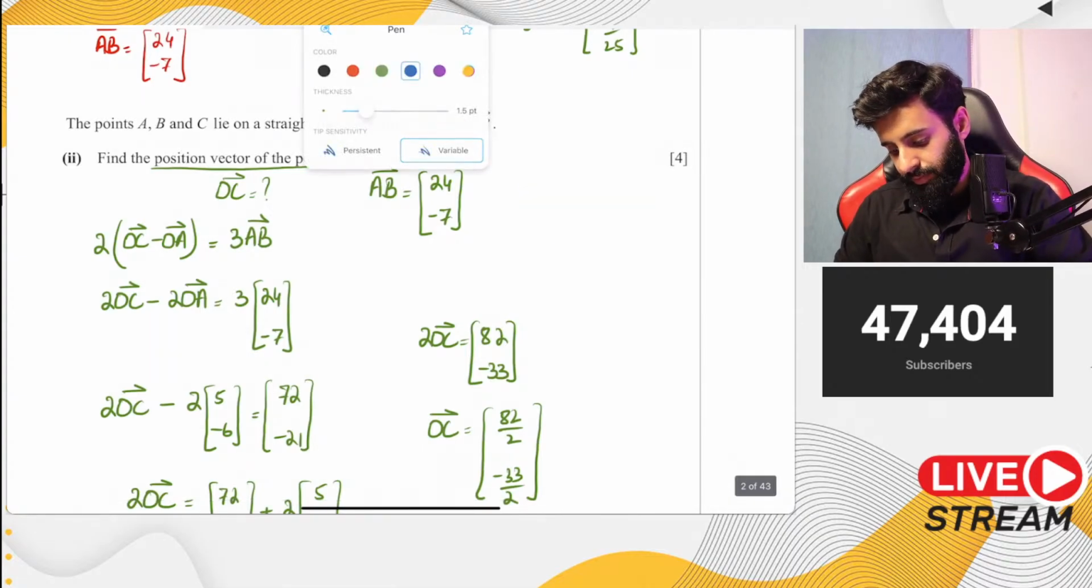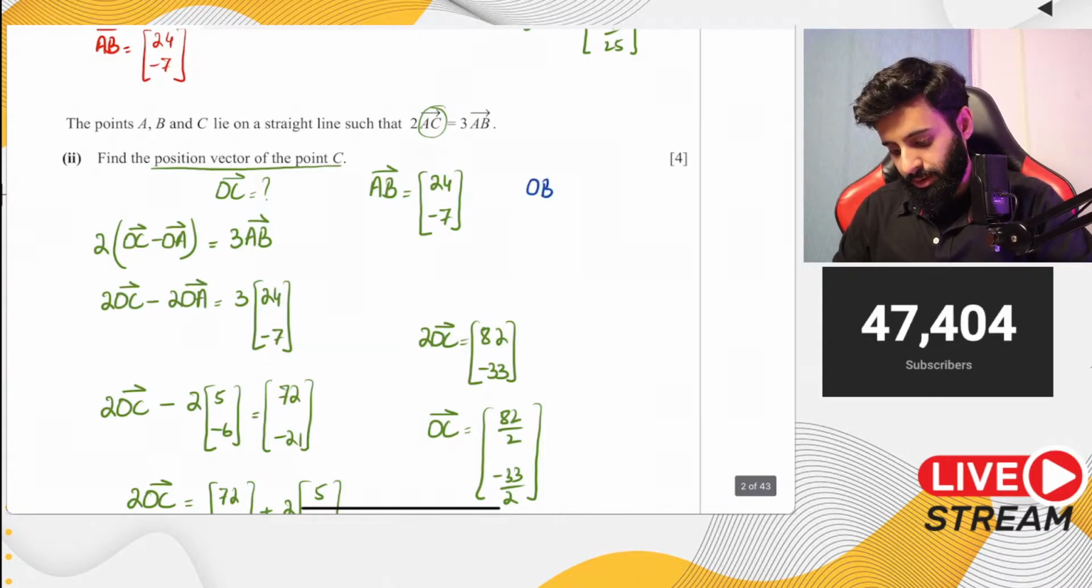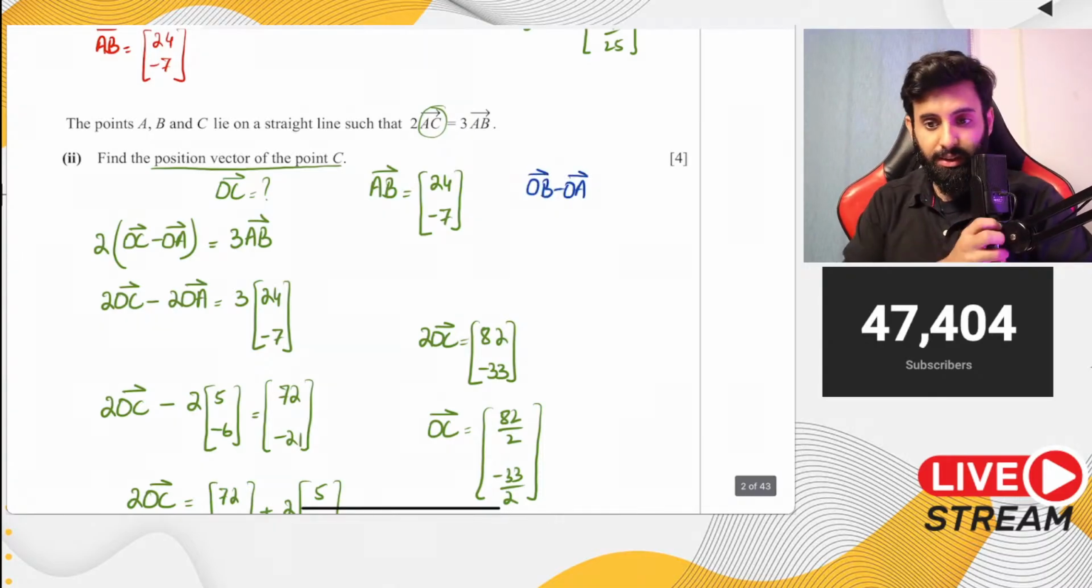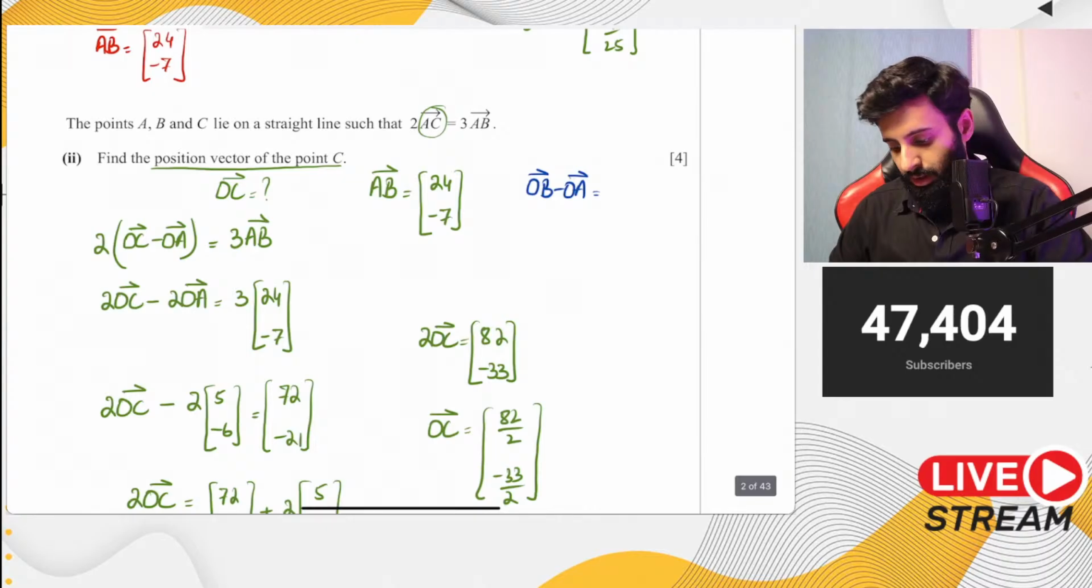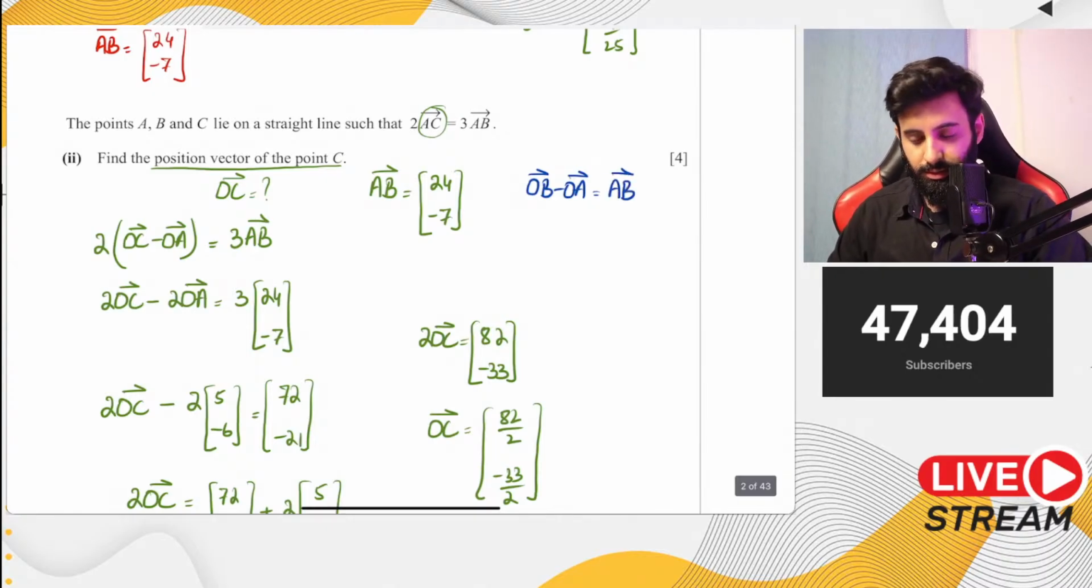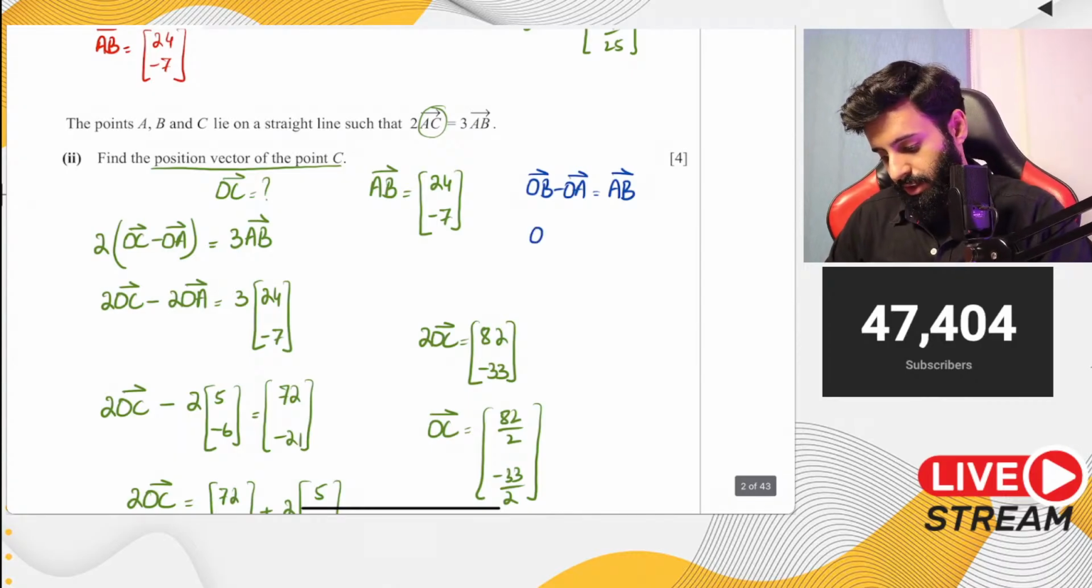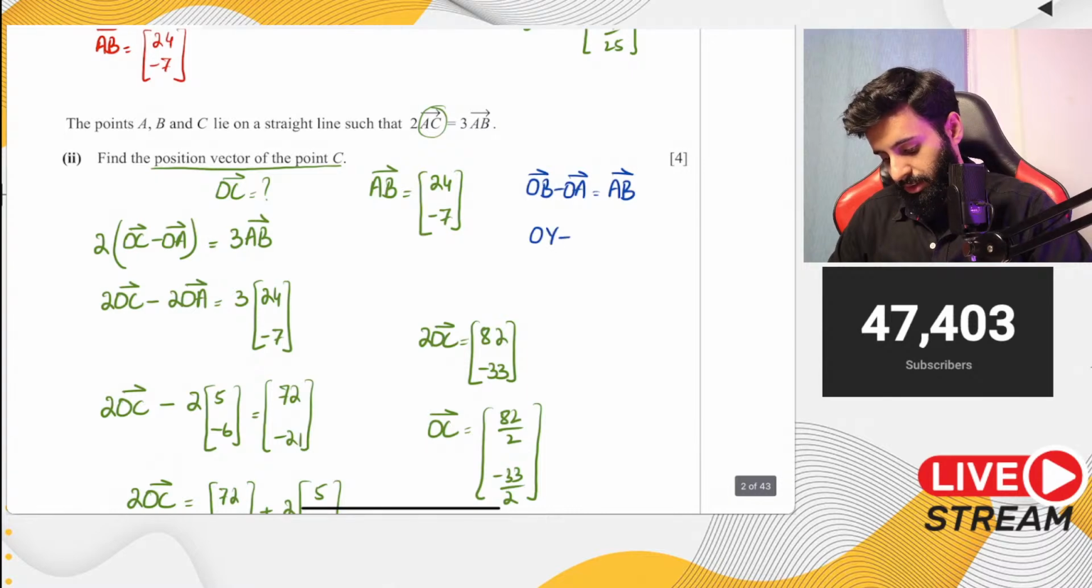If let's say you're doing OB minus OA, so can these two vectors be subtracted? Yes, they can be subtracted. Okay, and you can subtract this and write AB. Okay, just like that. If let's say you do OY minus OX, can you subtract these two vectors? Yes, you can. Why? Because they both have the same starting point and the end result is going to be